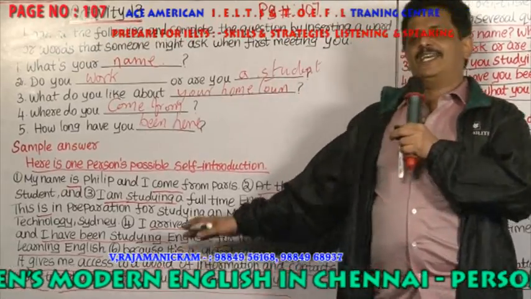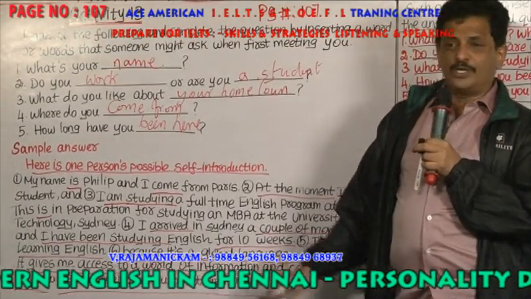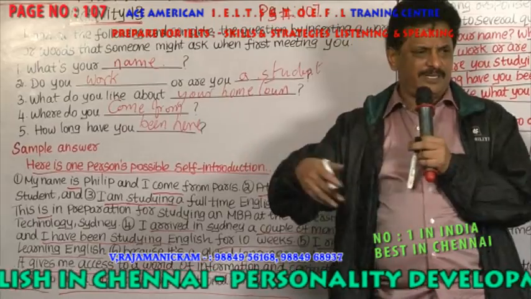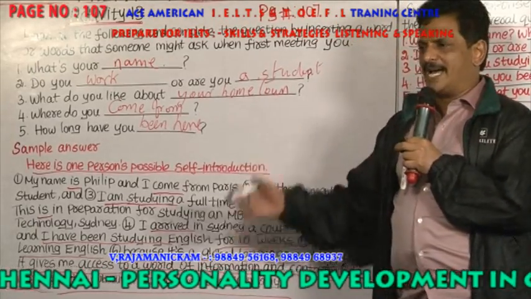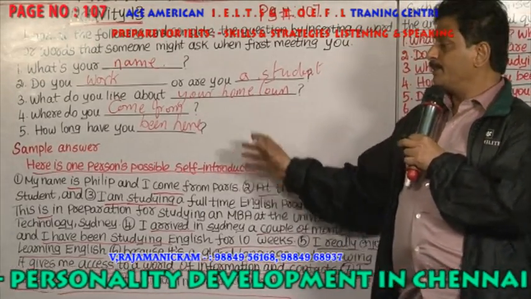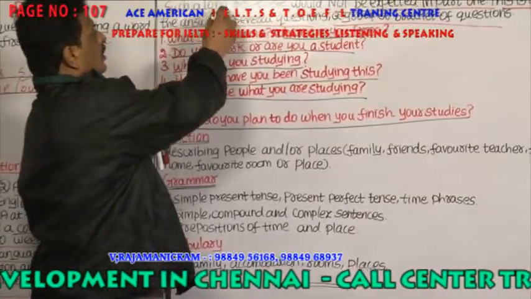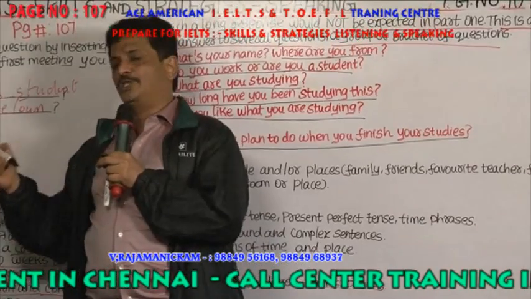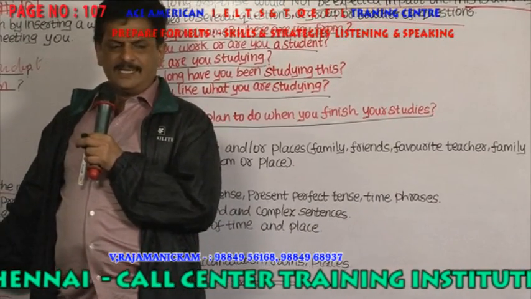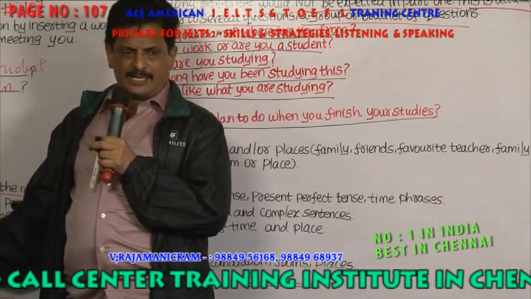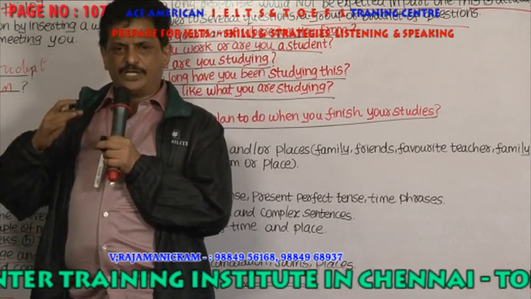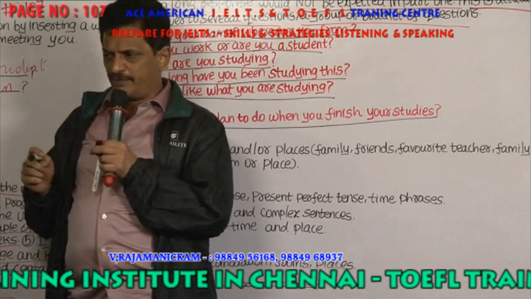So generally when they ask you what's your name, don't just jump into everything. One by one they'll be asking questions, and you can answer. So this type of long response is needed only for part 2 and part 3. In part 1, they break the information into different questions and get the response from you.